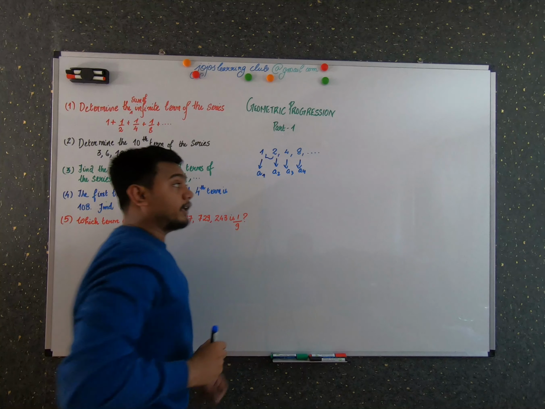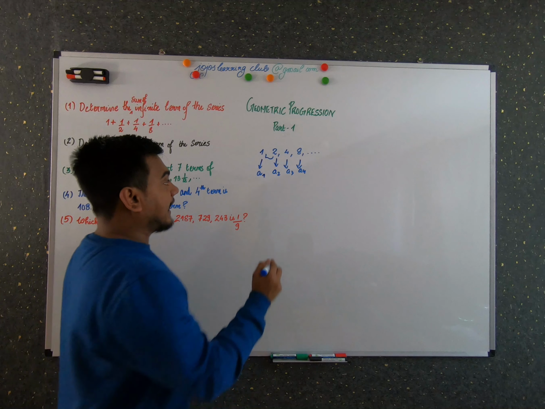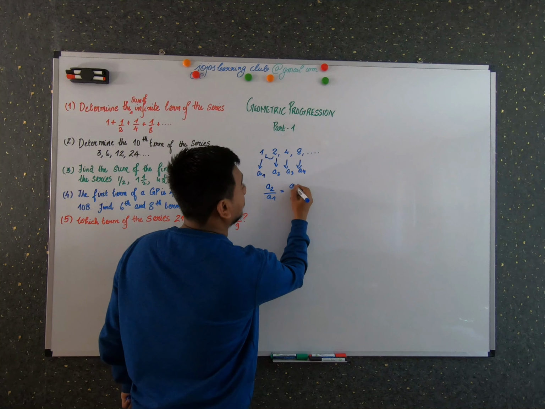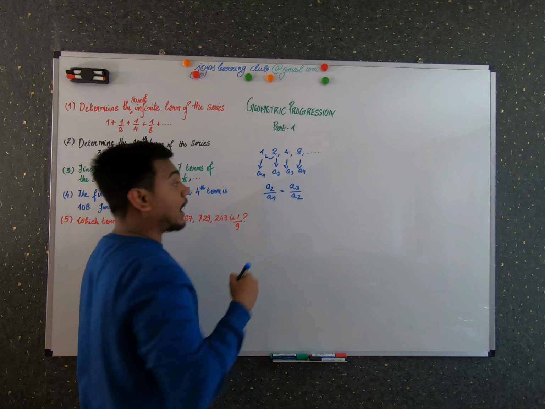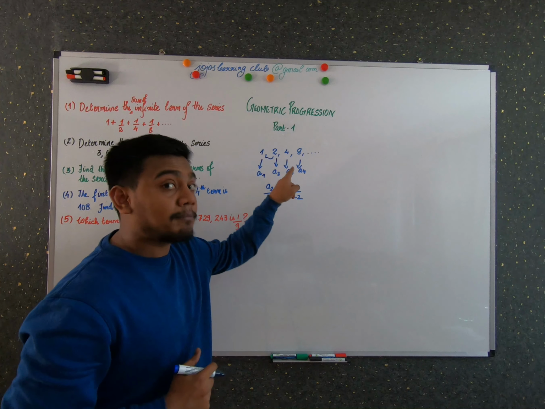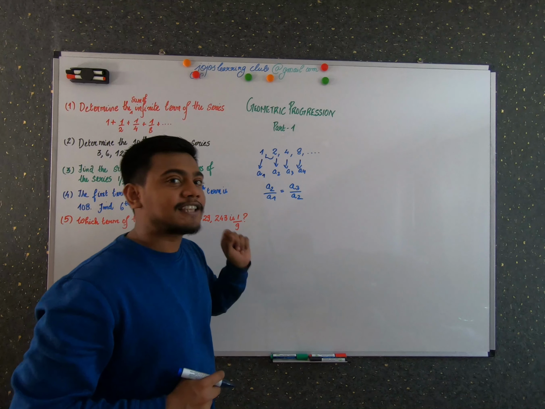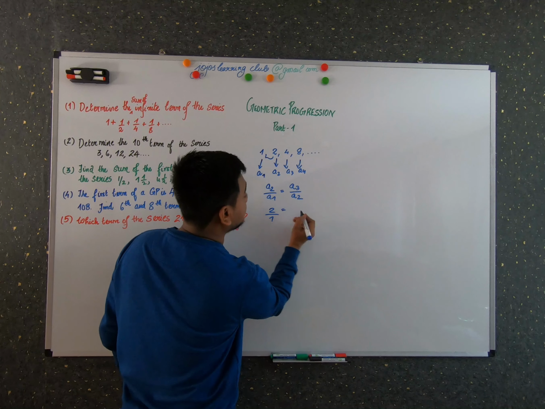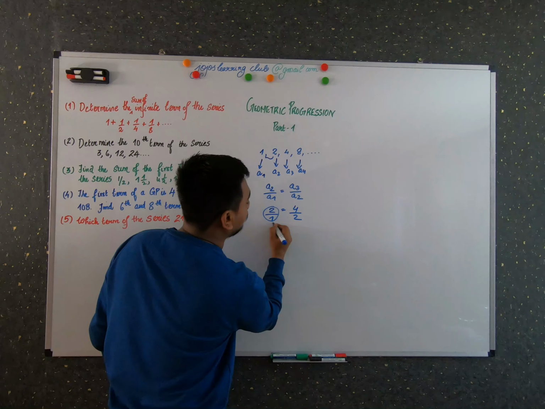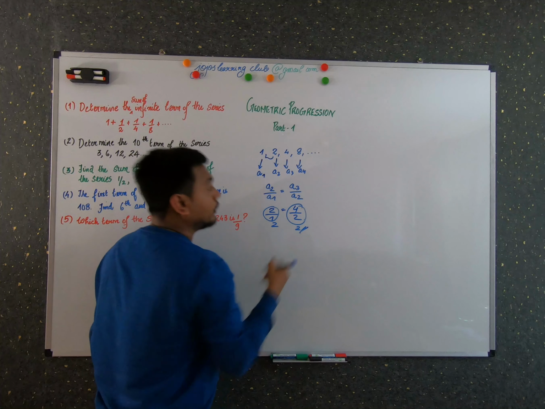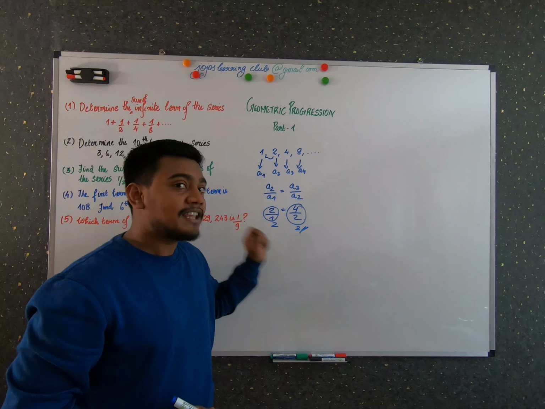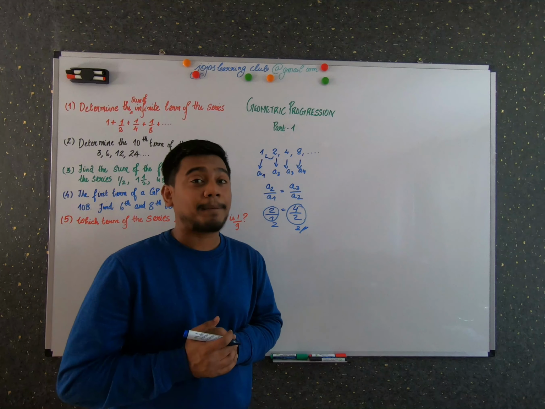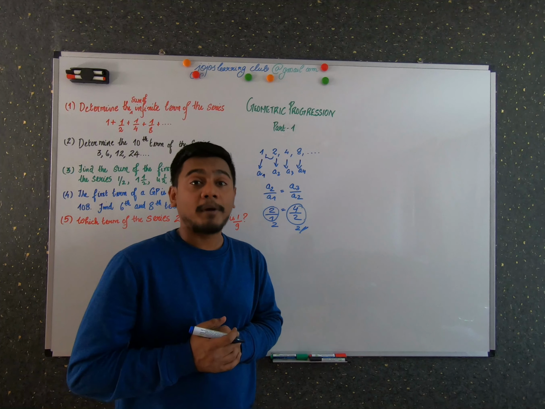The geometric progression says that the second term by the first term would be the same as the third term by the second term. In arithmetic progression they had the same common difference, but here they have the same common ratio. You can check the numbers: 2 by 1 is the same as 4 by 2. You can see that the value here is 2, and also here the value is 2. So when the number sequence has a constant ratio between the successive terms, the sequence is a geometric progression.